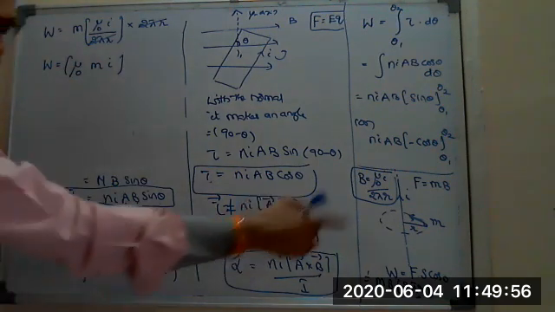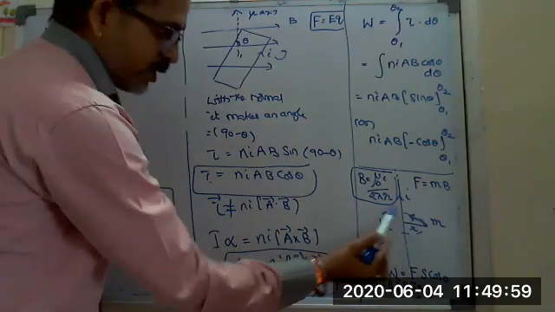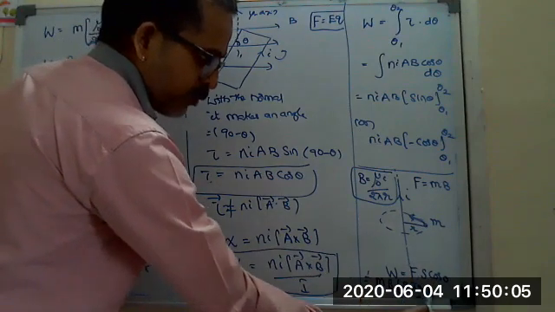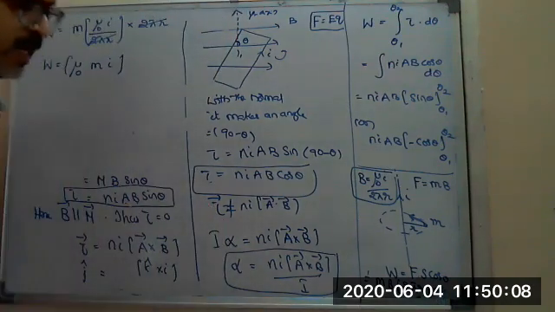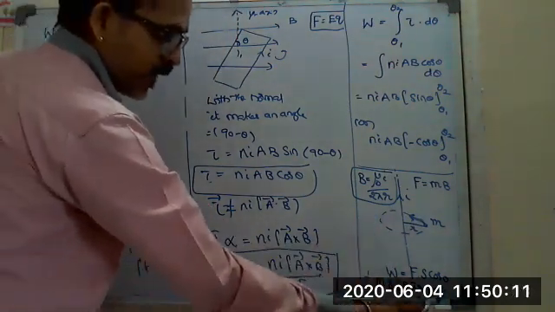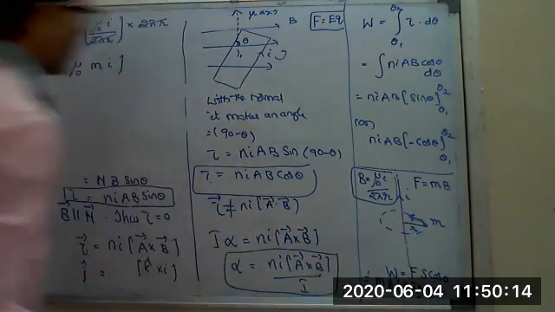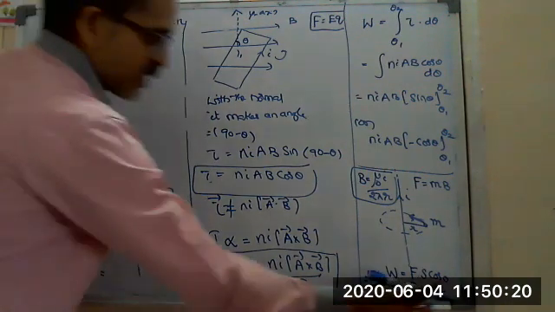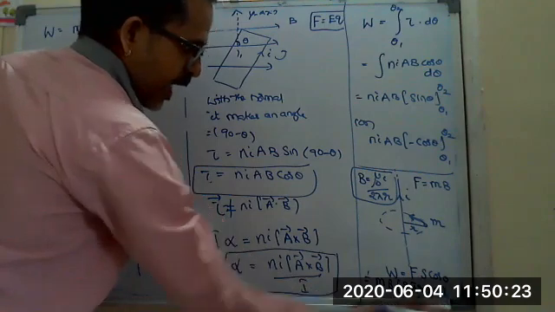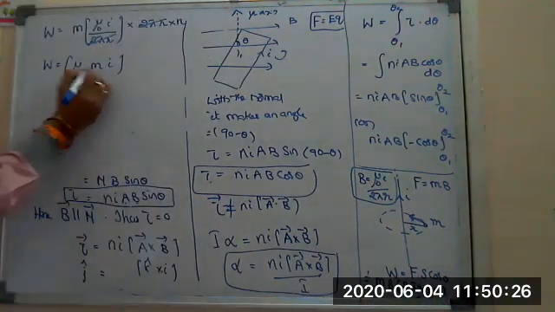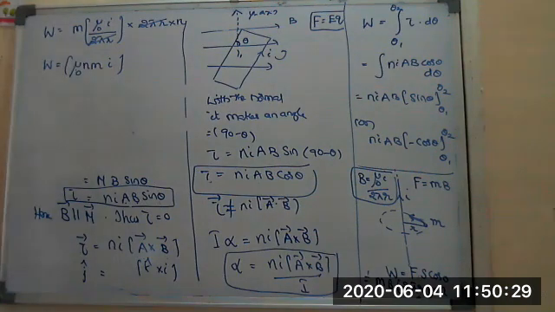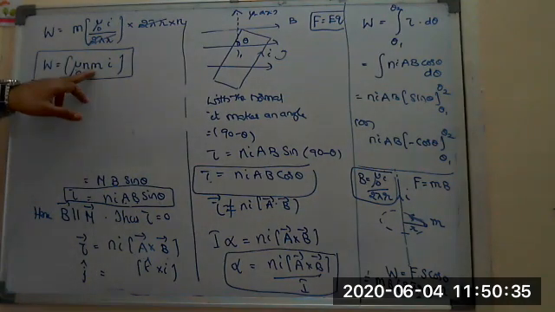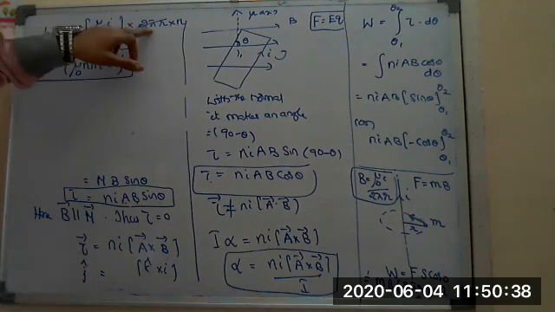If it completes one circle, suppose it is rotated on the circular path for 2 rotations, then I have to write 4 pi r, which means into 2. If I complete 3 rotations, I have to write into 3. If it completes n rotations, I have to write into n. So for n rotations, I am writing the displacement as 2 pi r into n. So this is equals to mu naught M I into n. So the work done, if you see in this formula, is independent of the radius of the circle, that gets cancelled here.